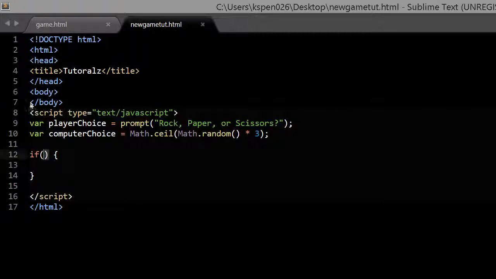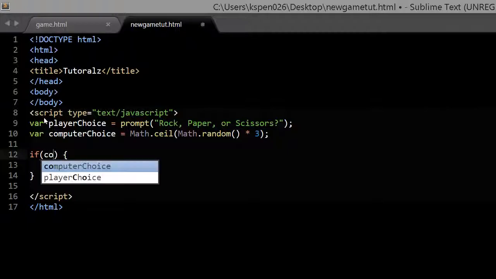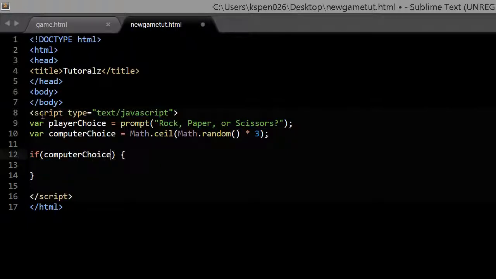So first, we're going to start off with if computer choice is equal to 1, then